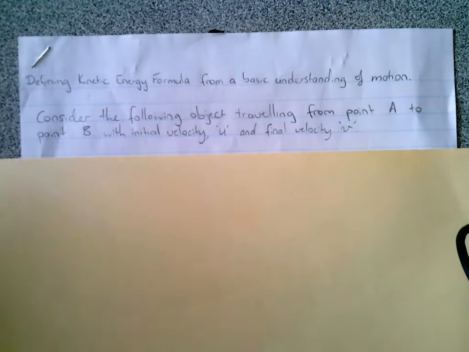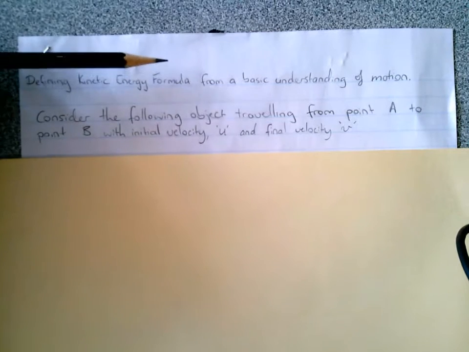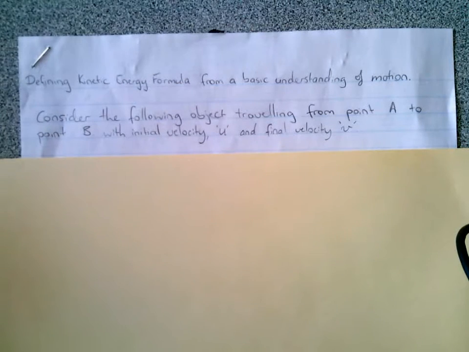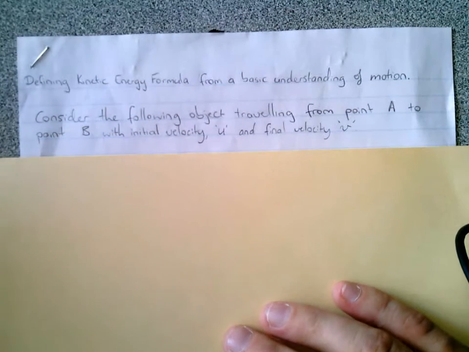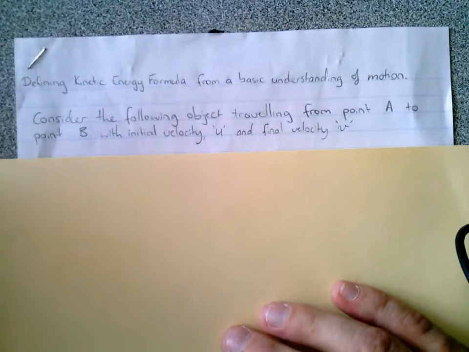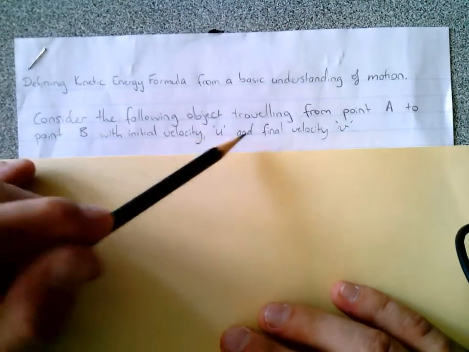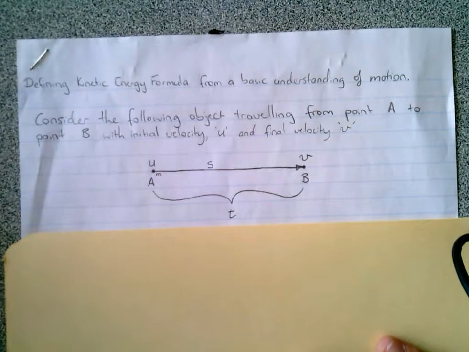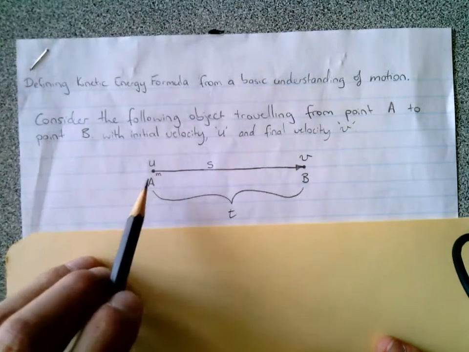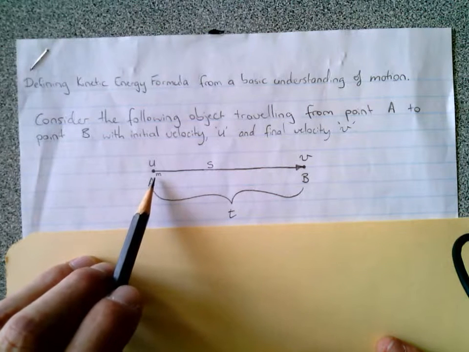In this video, I am going to be defining the kinetic energy formula from a basic understanding of your formulas for motion. So consider the following object travelling from point A to point B with initial velocity u and a final velocity v. Now, the point travelling from A to B has some mass, which I've just written there, m,